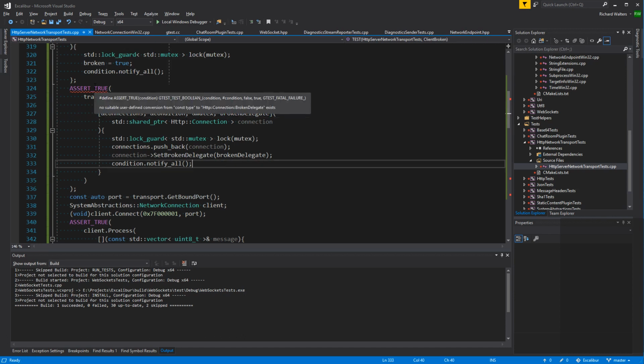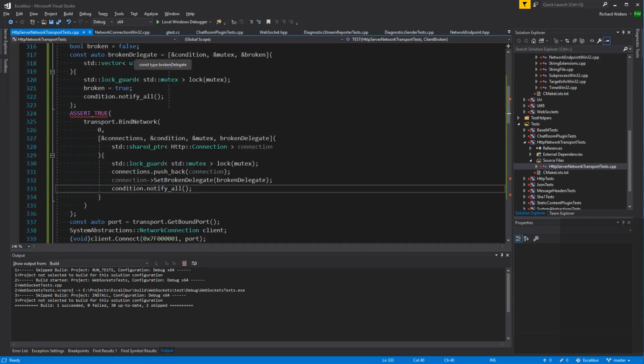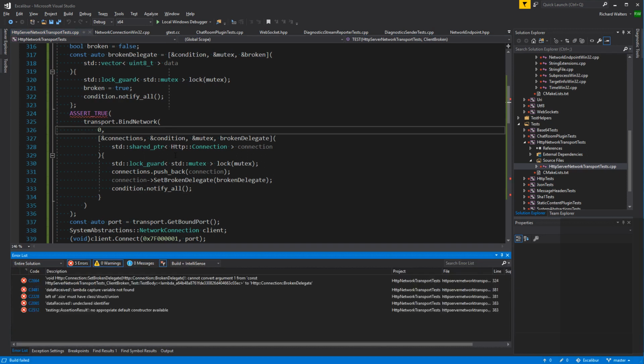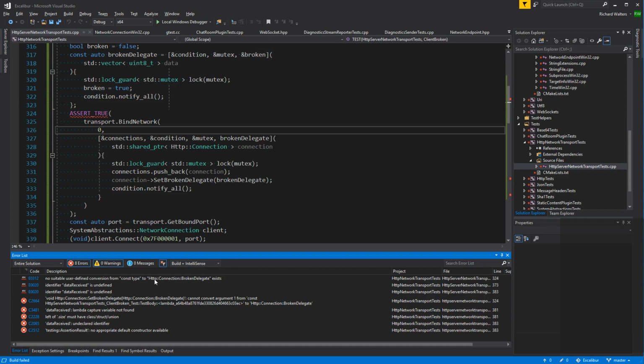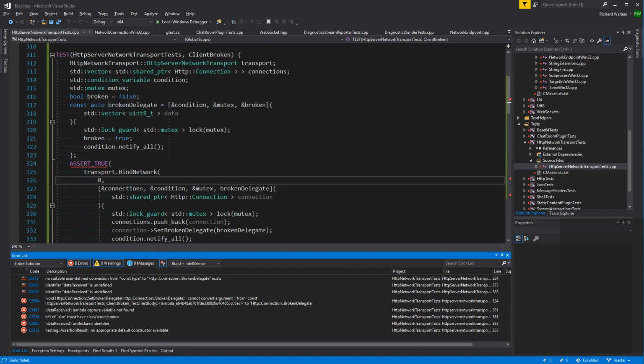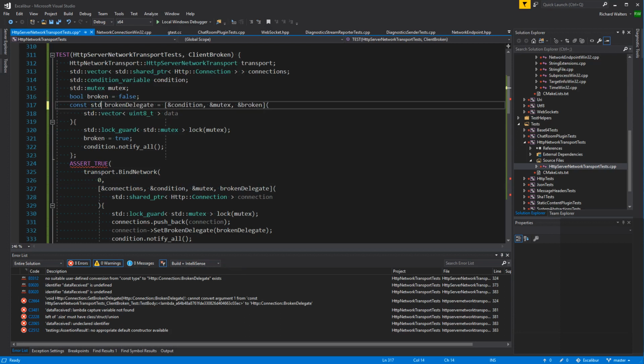What is it not liking here? I don't get it. What is it not liking about this? Const type. Can it not deduce the type of that? Okay, how about if we're just very explicit?